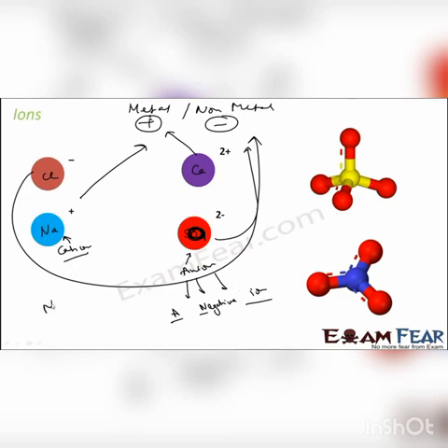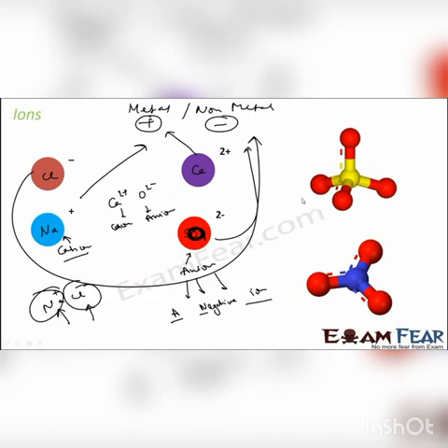Okay, so for example, if I have NaCl, it will have Na plus and Cl minus. If you take sodium chloride, it is common salt. The moment you put it in water, it will break into Na plus and Cl minus because they are more stable. This Cl minus is an anion, and Na plus is a cation. Or if you take CaO, it will break into Ca2 plus and O2 minus. This is a cation and this is an anion.